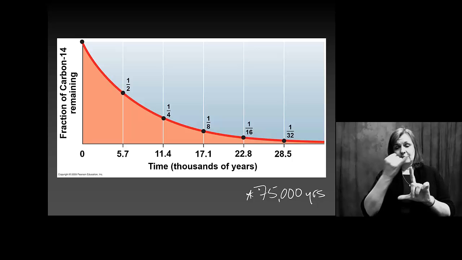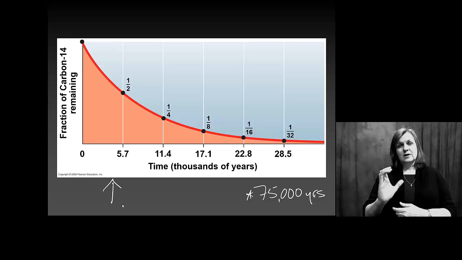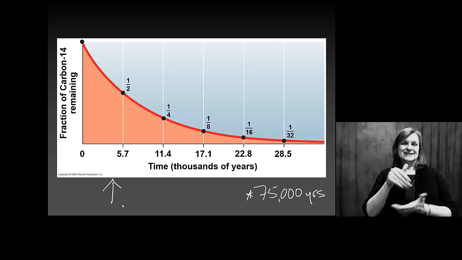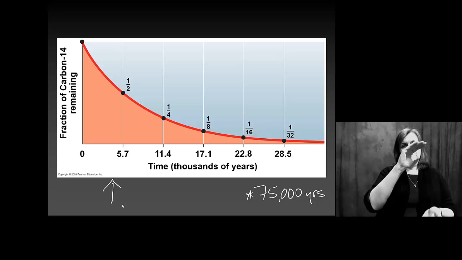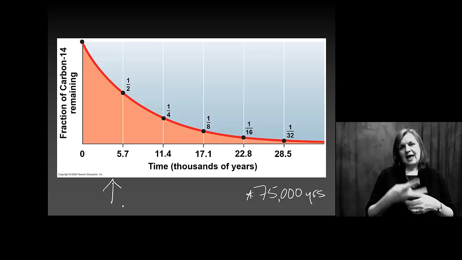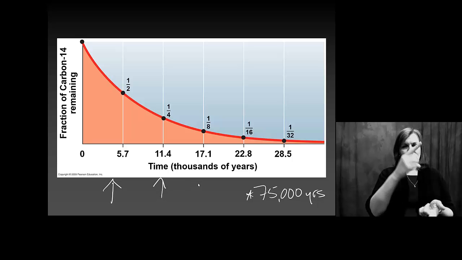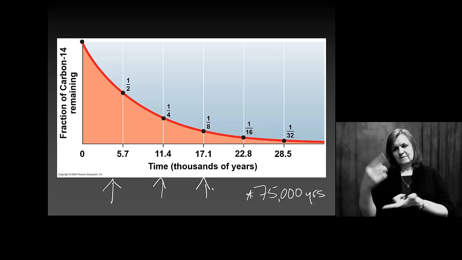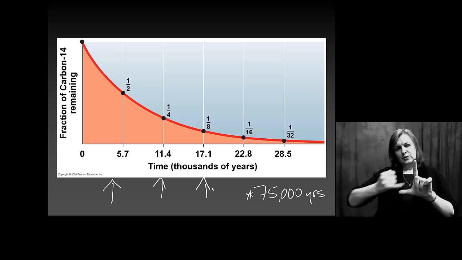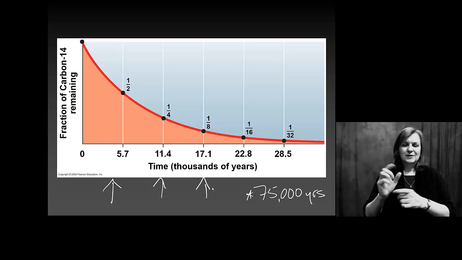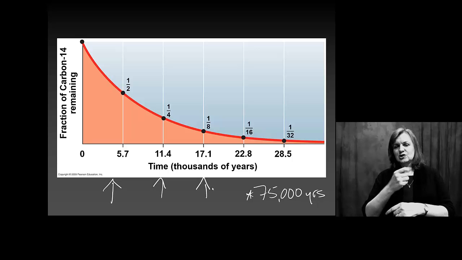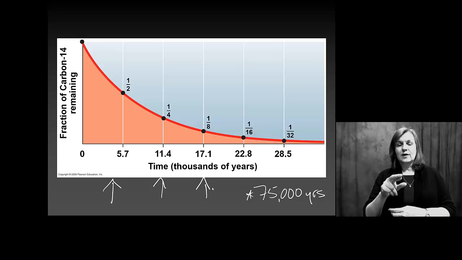Because when you look at this graph, we're looking at a half-life for carbon-14 of just about 6,000 years. So that means that every 6,000 years, roughly, you are losing half of your concentration. So half, half, half. Now, when we have that kind of decay or breakdown of these isotopes, we can't maintain a good carbon signature to be able to date these organisms, these fossils, these elements associated with them, and so